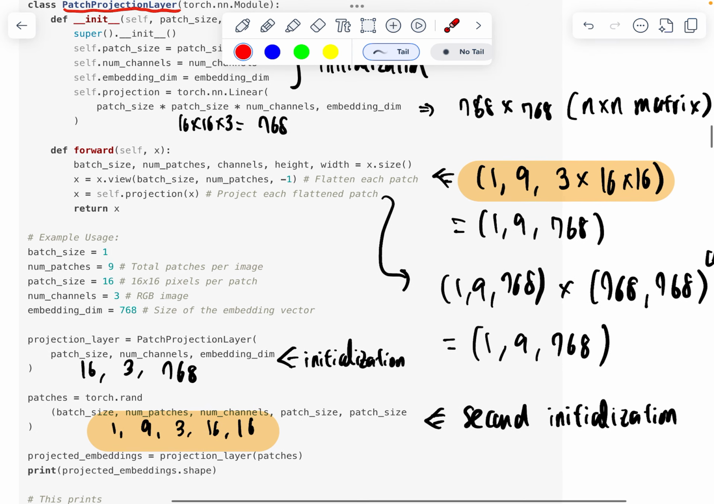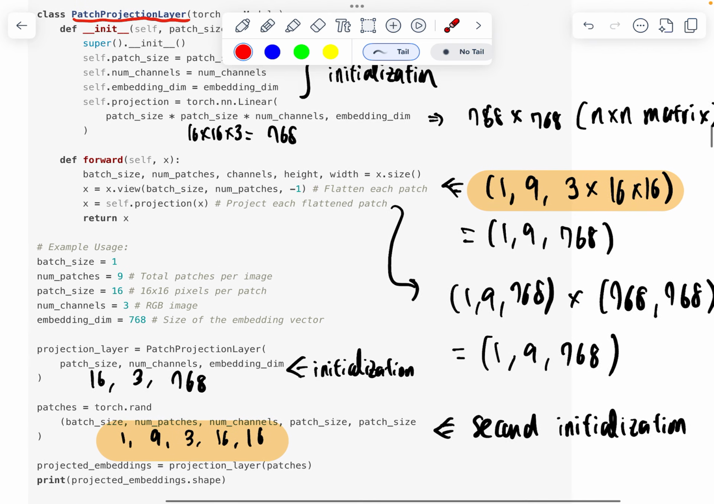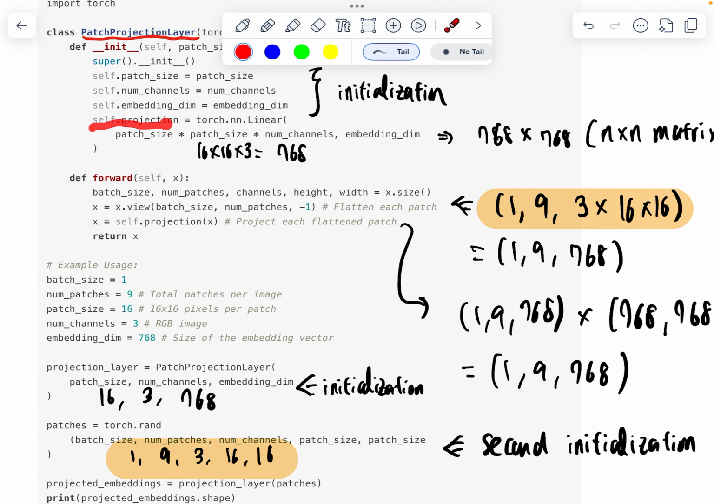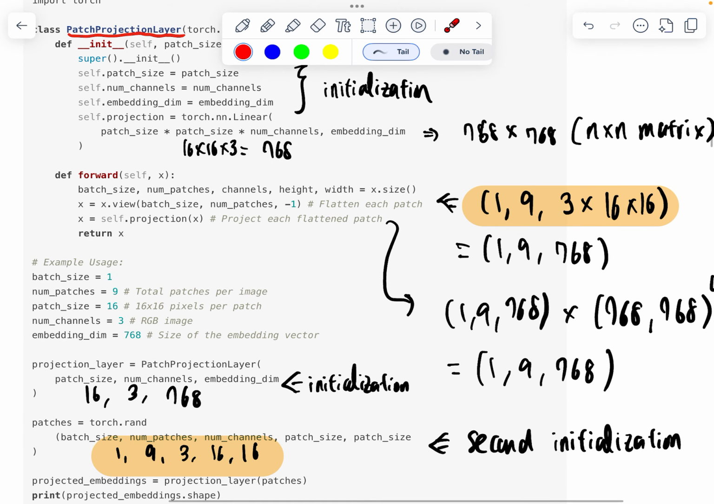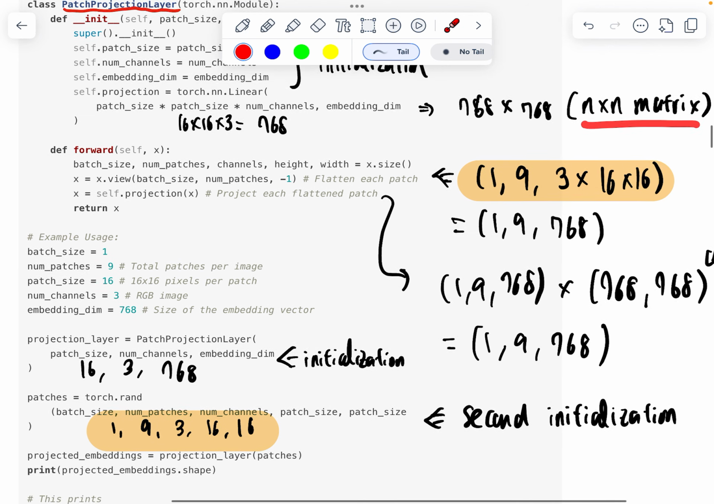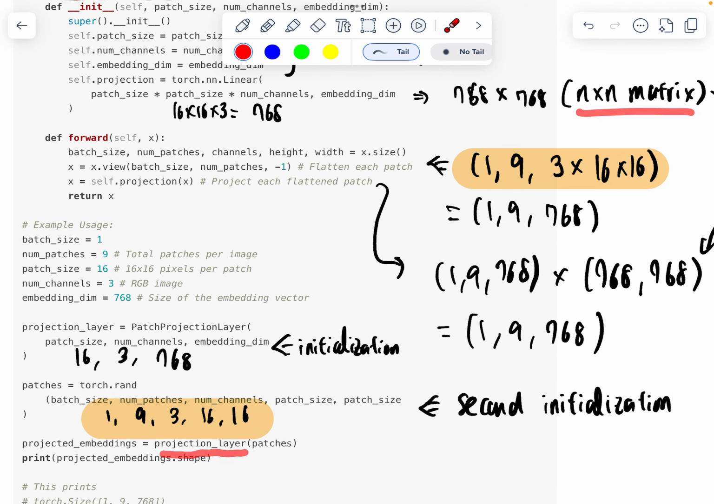If you look at the PyTorch code, you have self.projection. So you have 16 by 16 times 3, and this becomes a 768 by 768 matrix in our specific example. So it becomes an n by n matrix. If we multiply that with the projection as a projection layer,